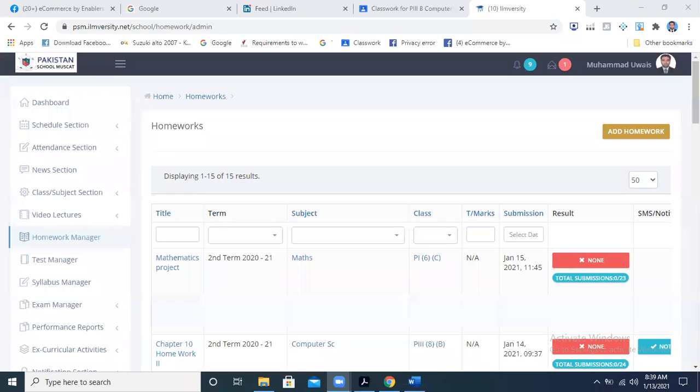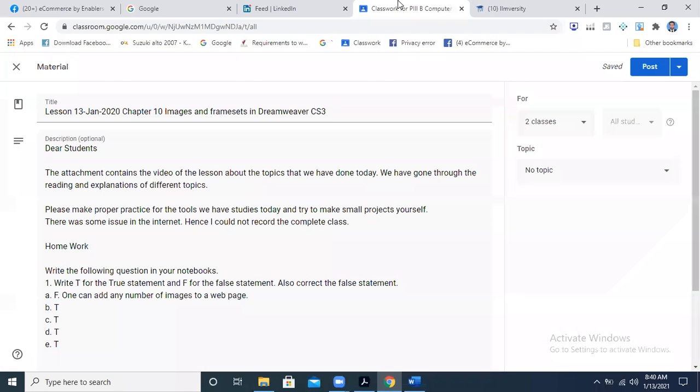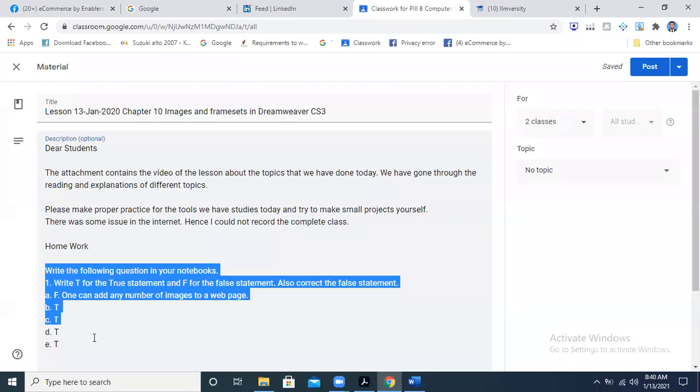But sometimes I find a name which is not there in that way in the attendance register. As you are writing over here, you have to write your name the same as it is in your attendance register. You are not supposed to write any other first name or last name only, so that it is difficult for me to find. Anyway, your homework has been given to you over here.